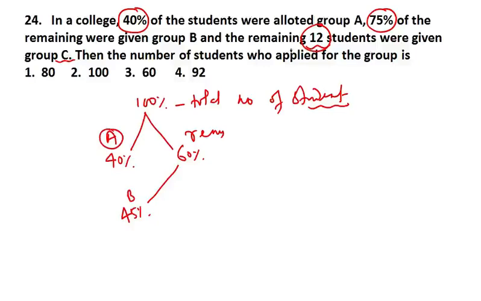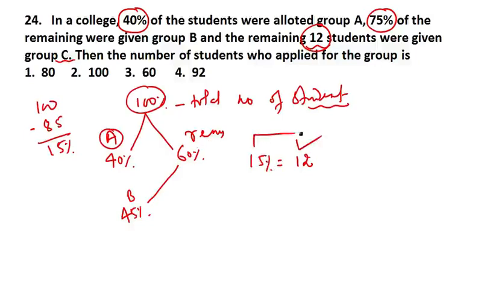So what does it mean? It means that this 12 is remaining, right? Now this is 12, and from 100% I have already utilized 40 and 45, means 85 already I have utilized. So 15% is remaining. So now this 15% remaining is equal to this real remaining. I hope this point is clear.